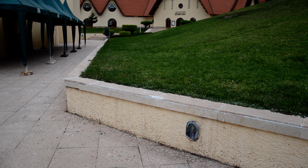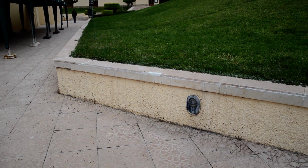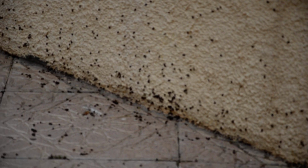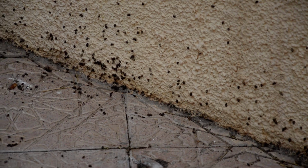We are here at the Welcome to AUI Hill next to the library on the Hawaiian campus. And on this wall, you can see on the side of the wall and a little bit on the floor, a lot of black dots. Let's zoom in and see what's going on. So these are small snails